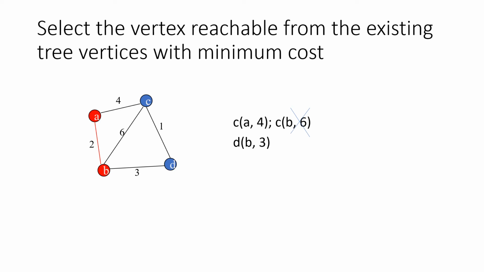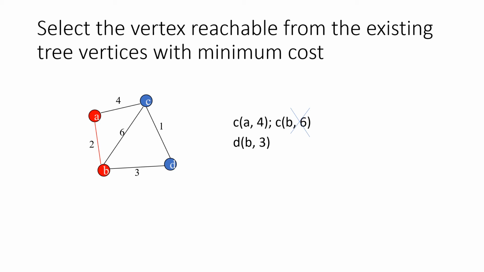Because our target is to minimize the cost. So when there exists more than one possibility, we have to go with the possibility that has minimum value, right? So accordingly, among these two possibilities as indicated here, we go with this possibility, that is from A to C, since this has the minimum cost.